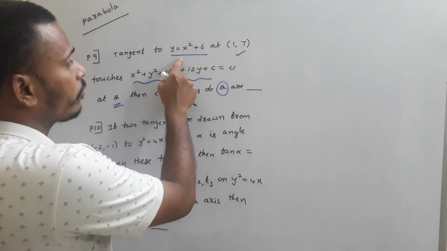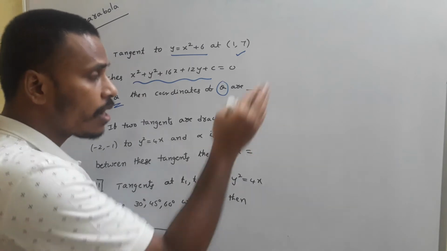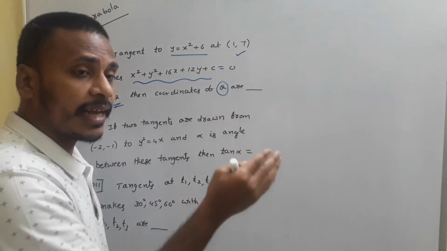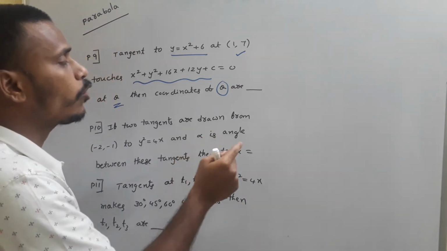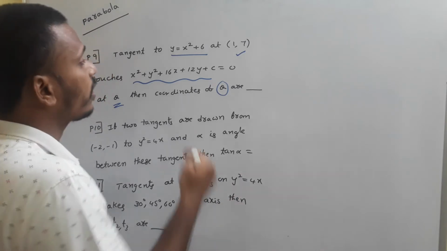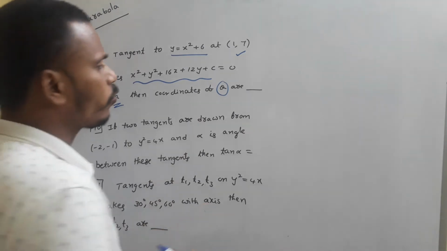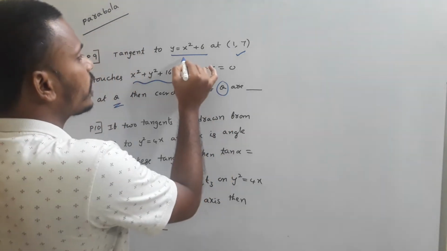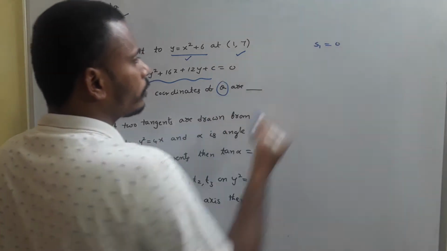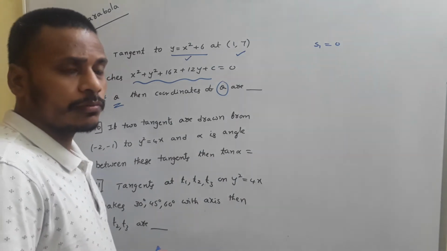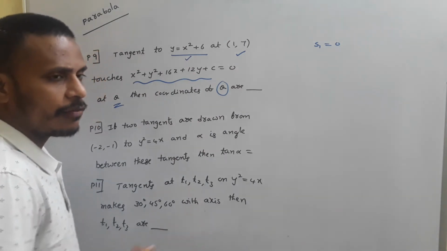So very simple, the tangent for this parabola at the point is also touching the circle. That means the same line is acting like a tangent for the parabola as well as a tangent for the circle. Same line. First of all we need to identify that line and use tangent conditions of both parabola and circle. Then it is easy to find out the coordinates of q. First of all, what is the tangent for this at 1 comma 7? We use s1 is equals to 0, either s1 is equals to 0 or finding the slope using derivatives, and from there deriving the tangent. See, we have both the chances.